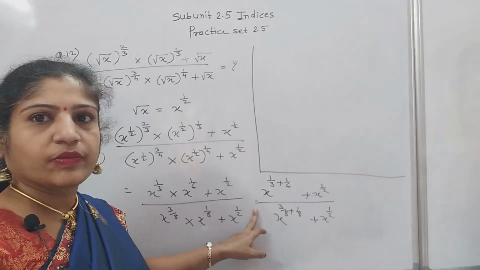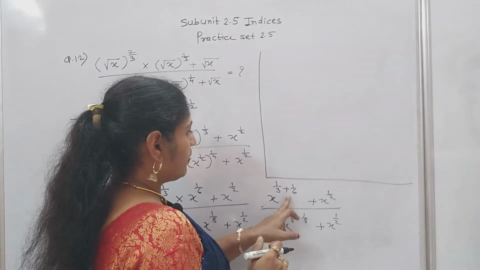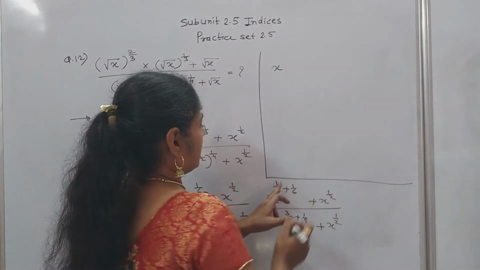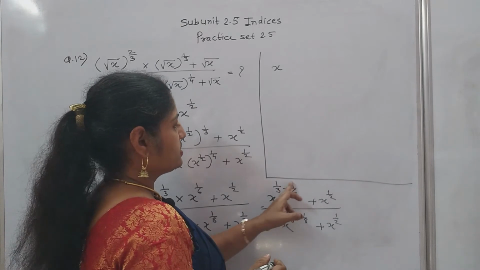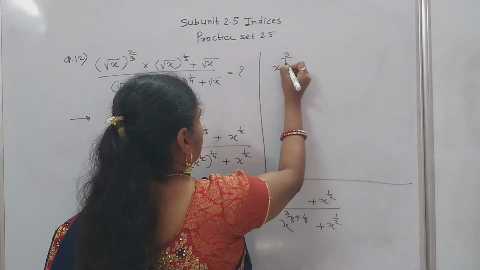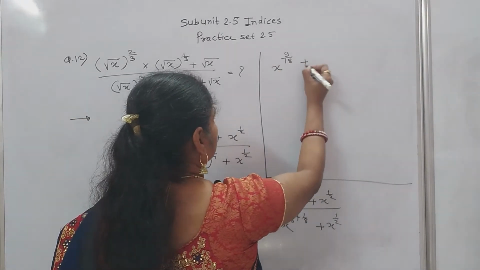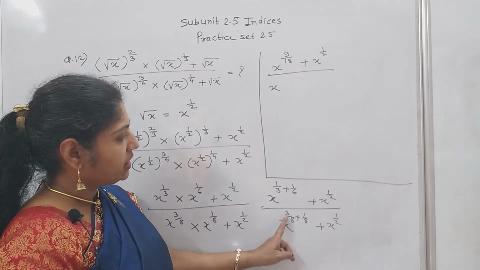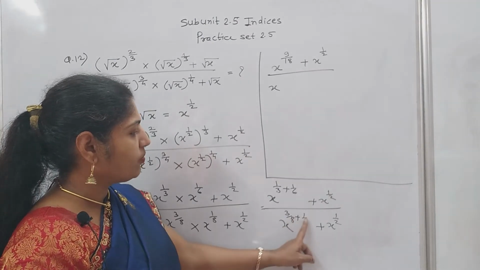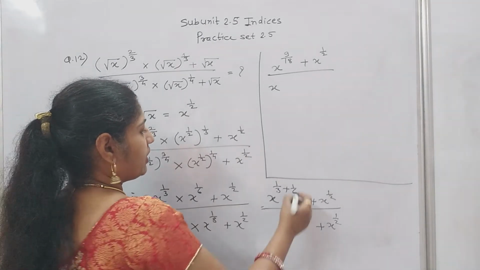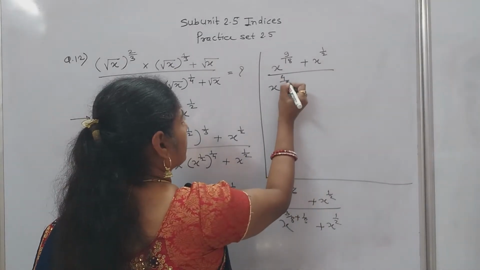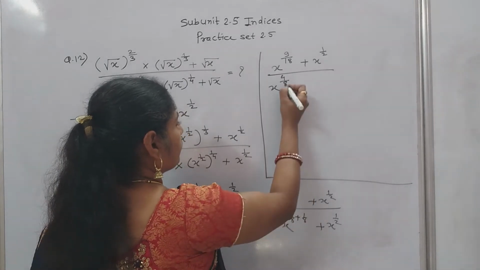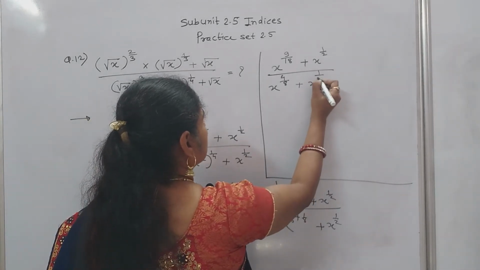Now this step, x raised to addition of the 1 upon 3 plus 1 upon 6, cross multiplication, 1 into 6, 6 plus 3, 9 upon 18, that is 1/2. In denominator, 3 by 8 plus 1 upon 8, addition of both the fractions, 3 plus 1, 4. Denominator same. 3 plus 1, 4, 4 upon 8 plus x raised to 1/2.